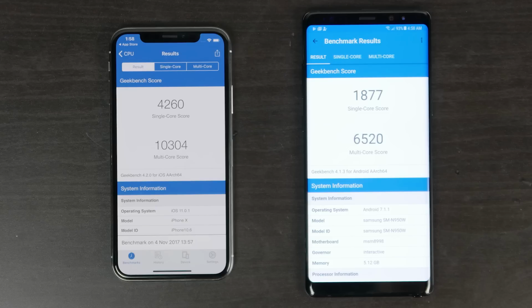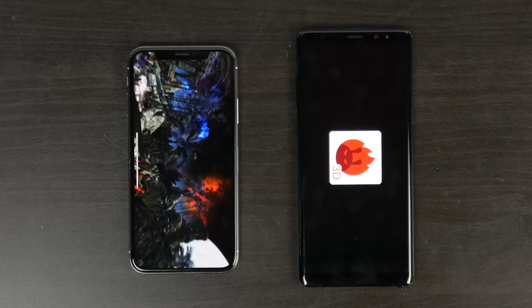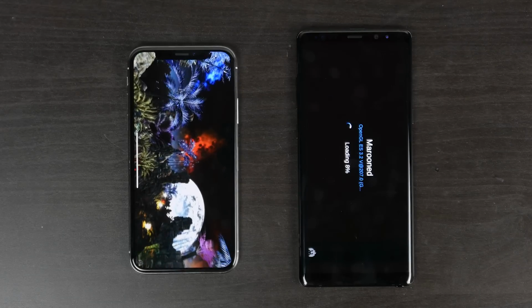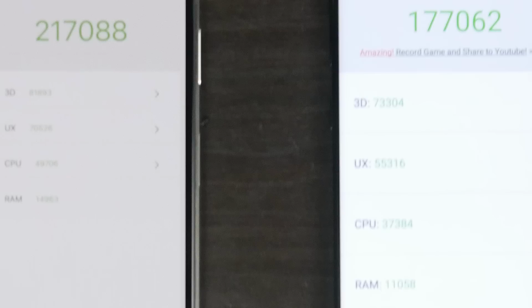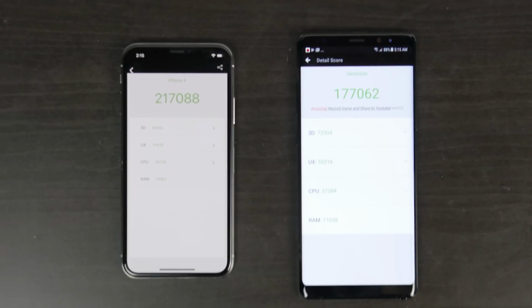So a huge difference, almost twice the performance on the iPhone side. Now, if you take a look at another benchmark like Antutu, which tests a whole bunch of different things, including the GPU, multi-core, single-core performance, as well as the multitasking capabilities with the amount of RAM that we have on both devices. And even with this, it's still a pretty significant difference between the two, where the iPhone 10 is